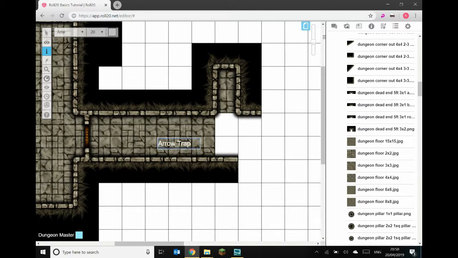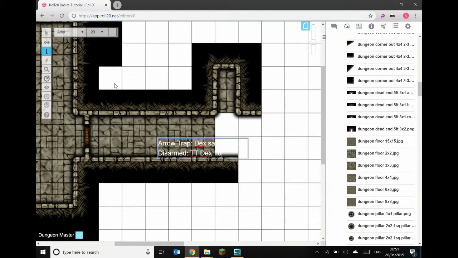And this arrow trap requires a dex save. And it makes quite a noise when it goes off. So it's quite a low dex save. The players can see it coming. So it's going to need a 13. A dex save of 13. However, it can be disarmed with a Thieves Tools, which I do really quickly with a TT, Thieves Tools, and which is another dex